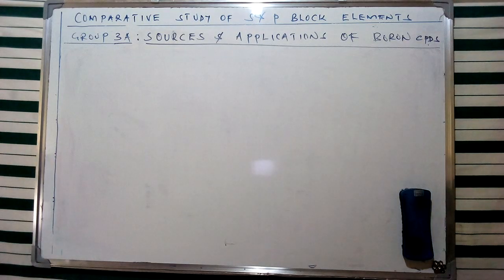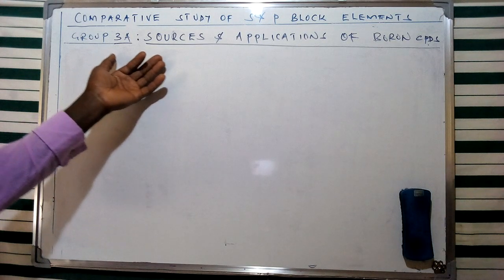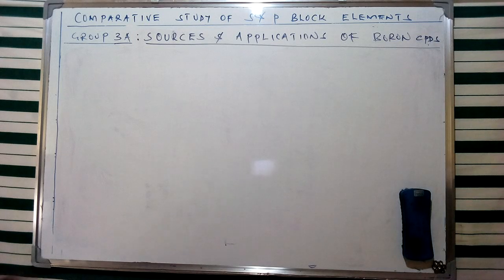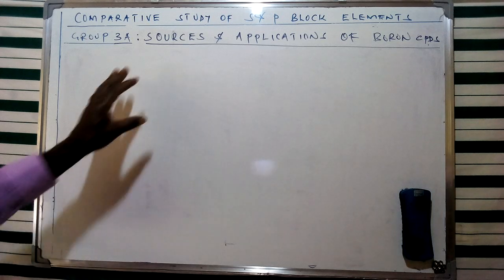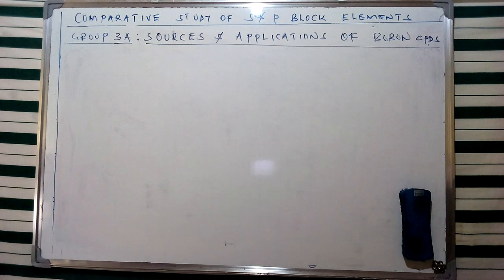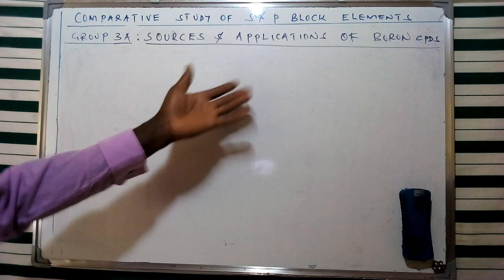Today's discussion is going to be centered around the group 3 elements, and of course we are going to look at one of the members of this group, which is the first member, boron. Our last discussion mentioned that boron, unlike other elements which display metallic character, is a unique element that exclusively displays non-metallic character both in its physical and chemical properties. In this specific sense, we are going to expect boron and its compounds to